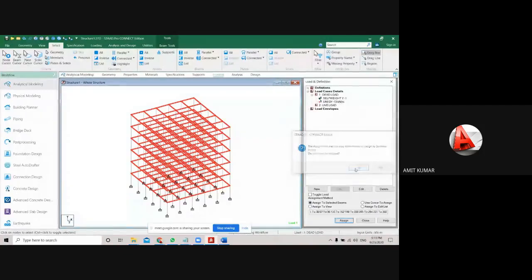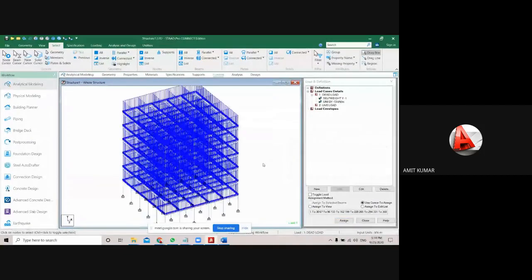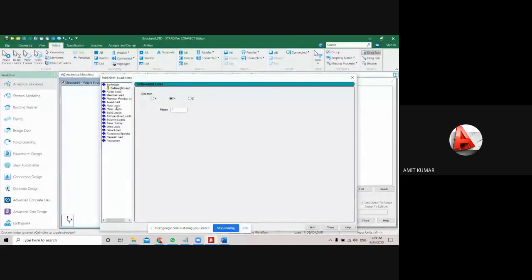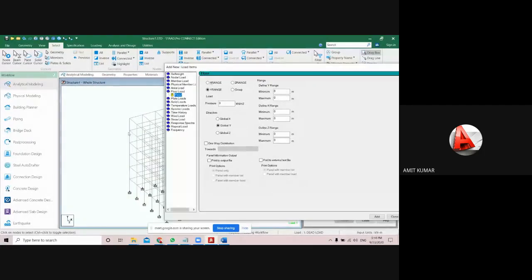Now for the weight of the plate, that means the weight of the floor, we will pick the floor load option, and here the direction will be global Y, just because of the gravity. Direction will be Y, and just because of the gravity we will provide the pressure value as minus. The pressure value will be according to the thickness of your plate and the concrete grade.